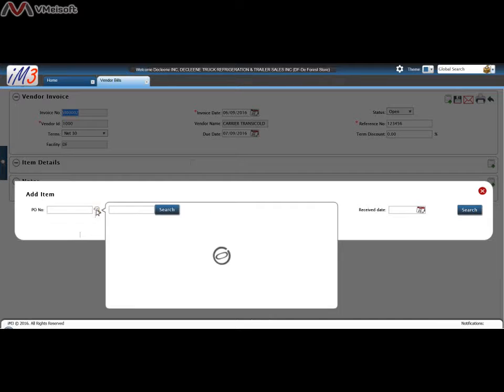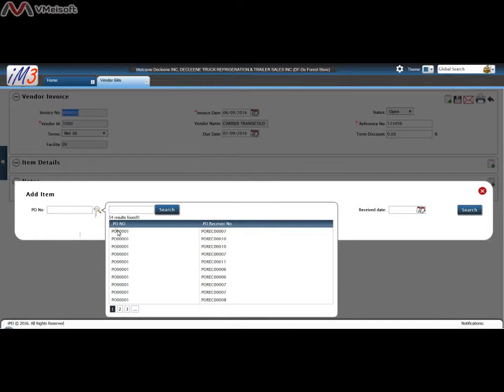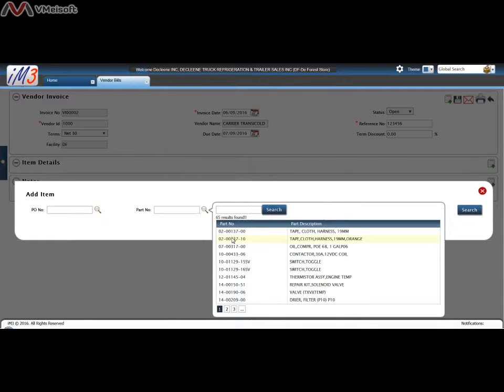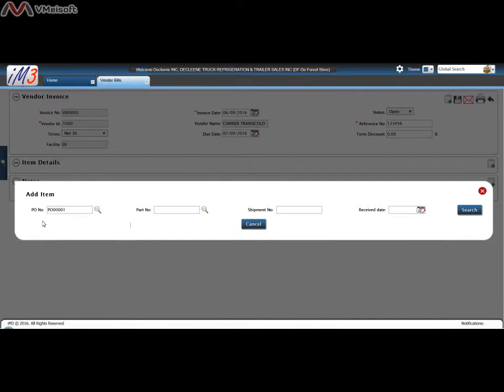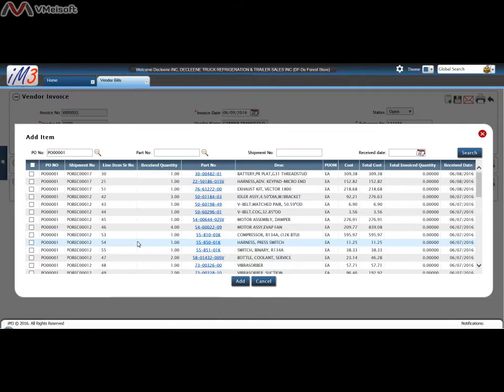if we click on PO, it will show us the POs that have been received, or if we click on Parts, it will show us all the parts that have been received for this vendor. So in this case, let's say we want to find every part that has been received for PO number 1, and click Search, and it lists all the parts that have been received, and you can check which ones you're being billed for right now, as many or as few as you need, and click Add,